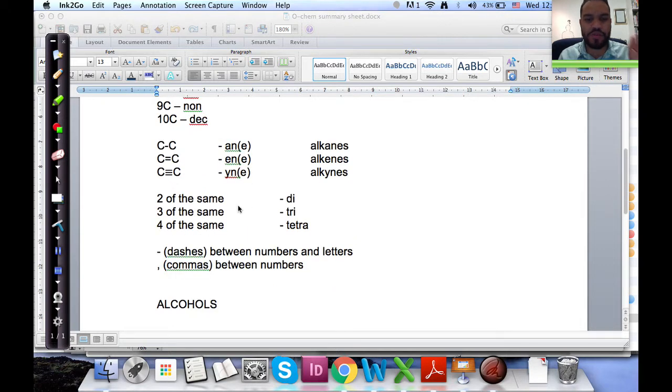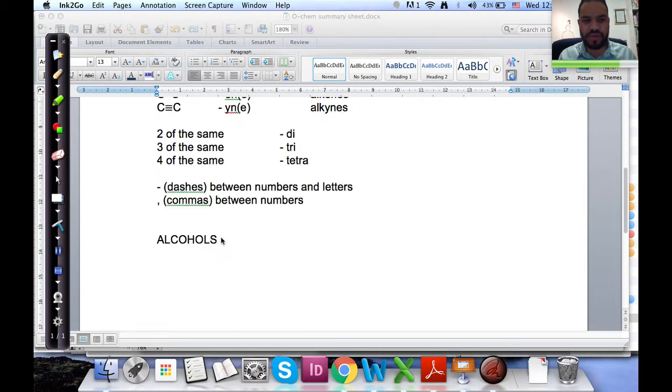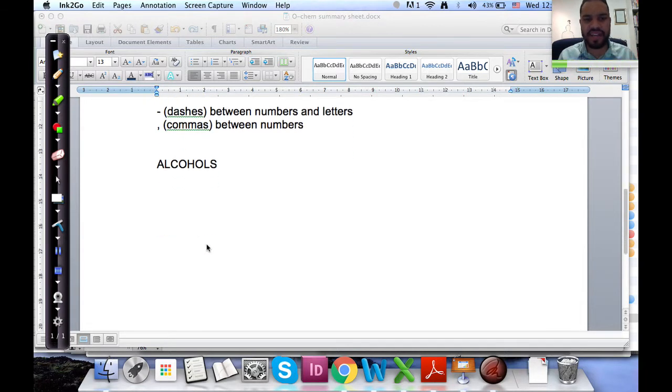Remember, if we have two of the same that comes up, we call it di, three of the same tri, and four of the same tetra. Very important to note that. And between numbers and letters, we place dashes, and between numbers, we place commas. So we are now dealing with the homologous series, the alkyls, and we are going to